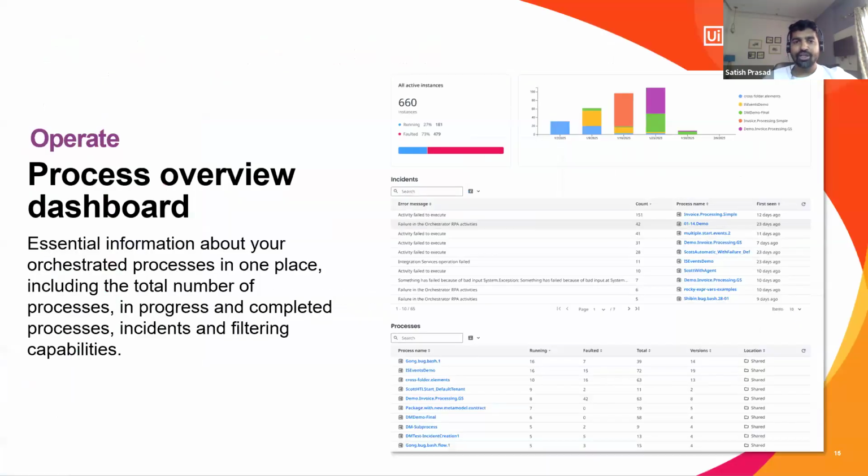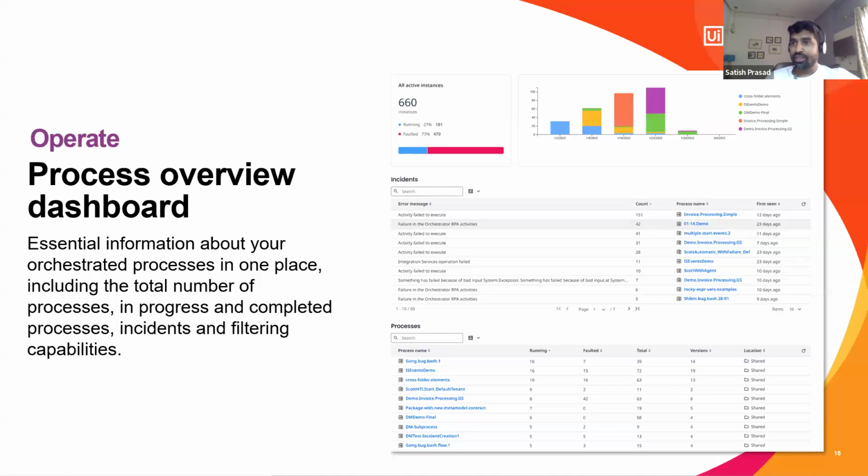Other than that, I wanted to talk a little bit about how it will look in the monitoring tab, how the operator will see this process on their dashboard. Whenever you run agentic orchestration, that will be counted as one instance of that process. So if you have 50 invoices coming in, you should be able to model each invoice to run as one instance, or 50 invoices in a batch as one instance as well. It all depends on how you want to configure that process.